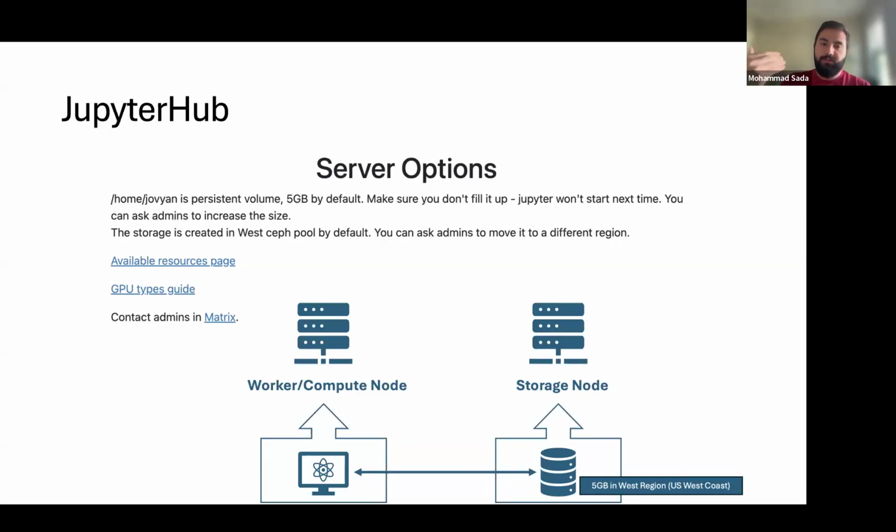Because if there's an influx of users and not everyone is a persistent Jupyter Hub user, if the volumes are fairly large, that could lead to complications. But essentially, the idea here is that it's 5 gigabytes by default, not a maximum. If you wish to increase it, you can ping us on Matrix, and we can happily work with you on that. But the main thing to note here is that those 5 gigabytes, if you fill them up,